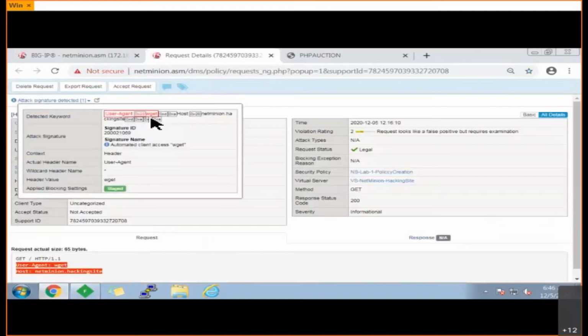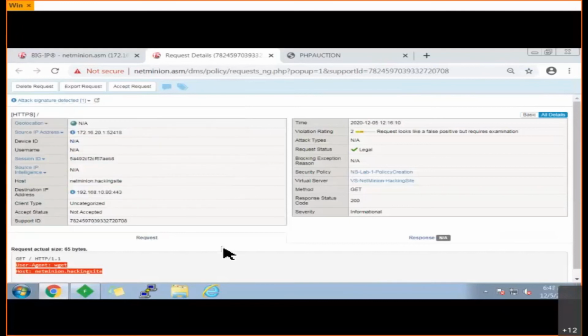And that attack signature has this ID and this name. Okay, I am getting hit on the user agent and under the wildcard. The header value which I am getting is W. Currently, I am in the staging mode. It is showing you that it is in the staging mode.